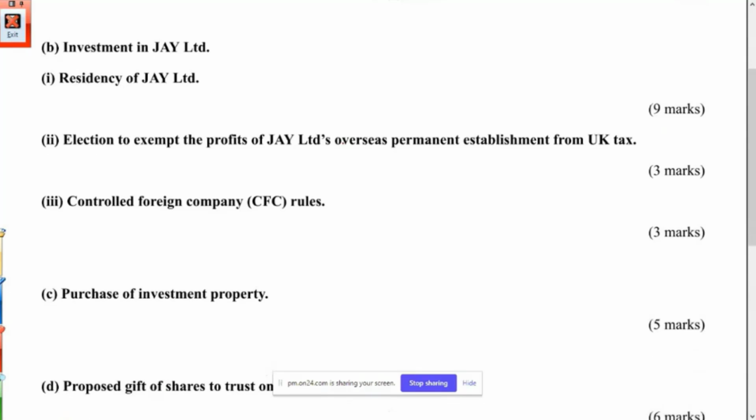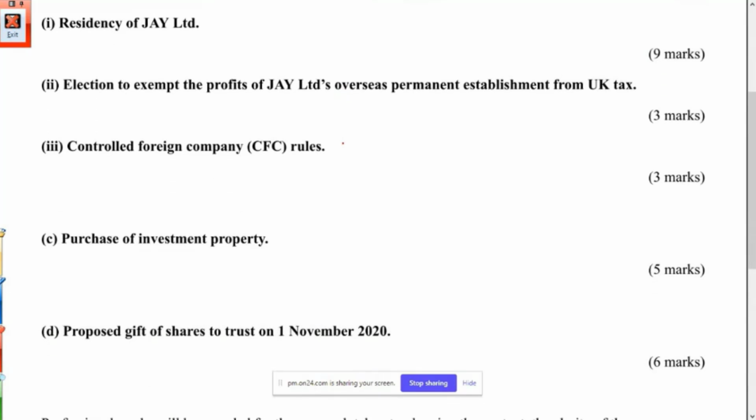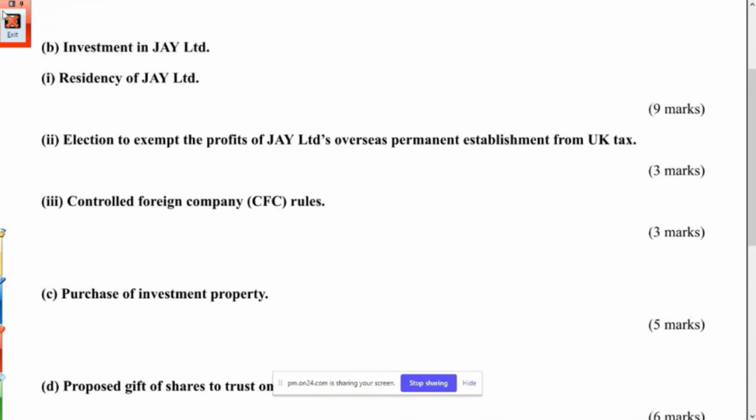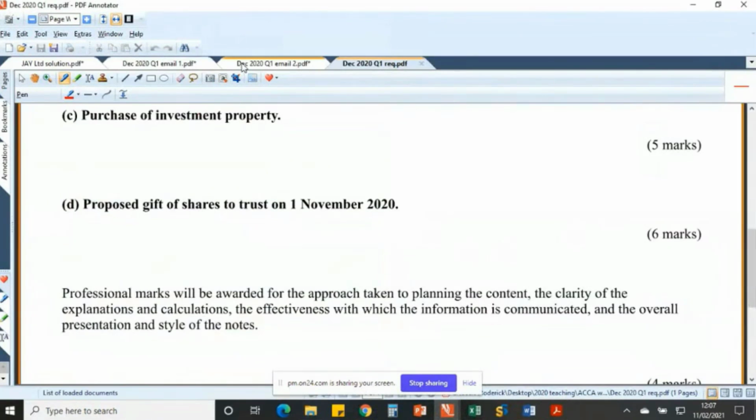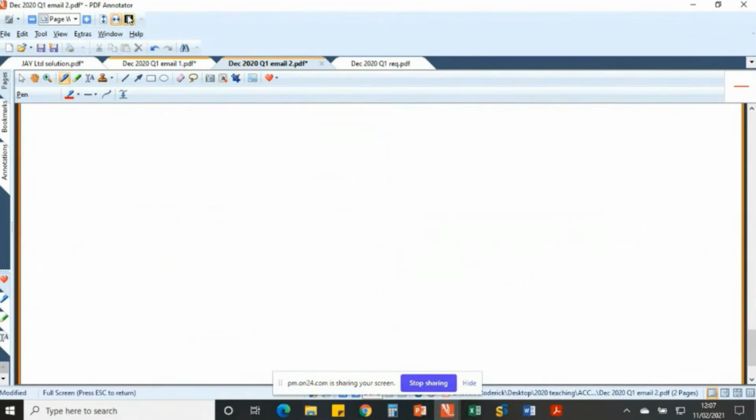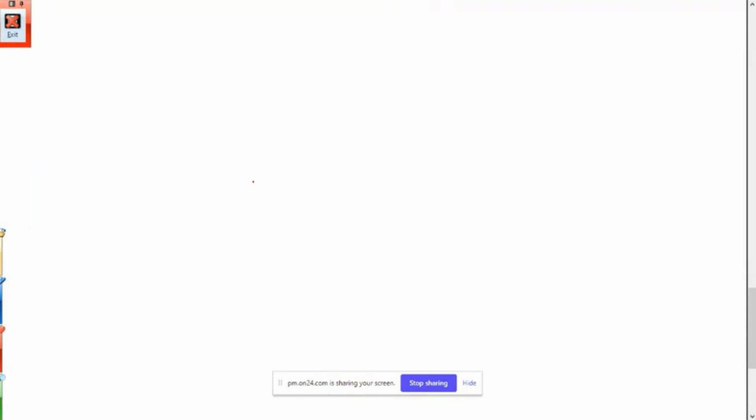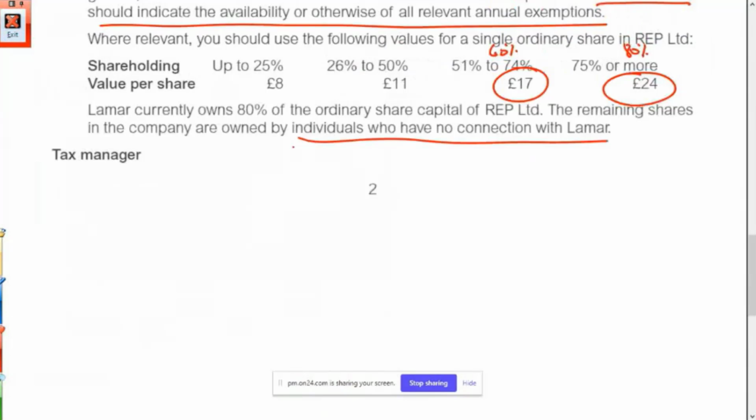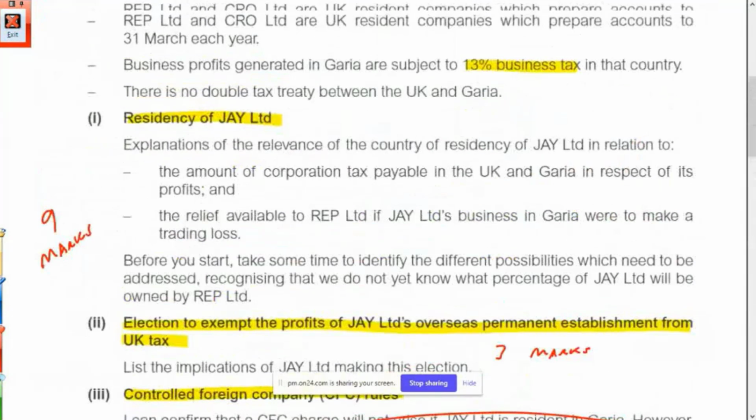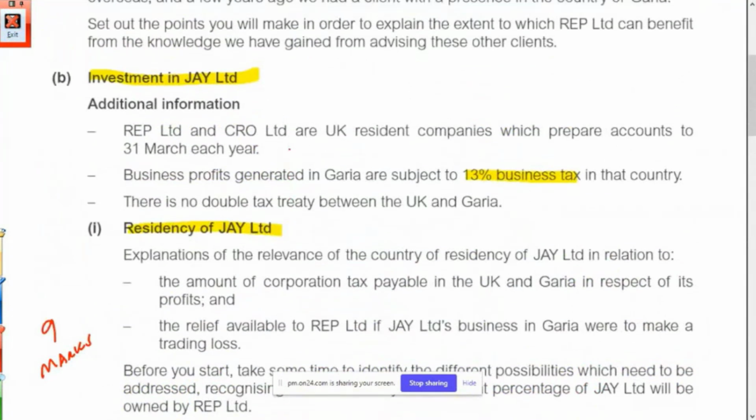5 marks for the purchase of the investment property, and 6 marks for the proposed gift of the shares. So just to reiterate, it all breaks down into smaller questions, smaller mini questions, and that's the way to view it. Okay, but in this question, section A question, you have to then go to the required, and then you're building up. Where is it? There we are. You're building up, getting more information there as we've been through. Okay,